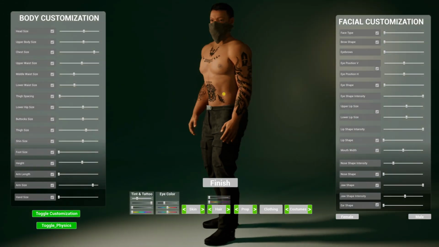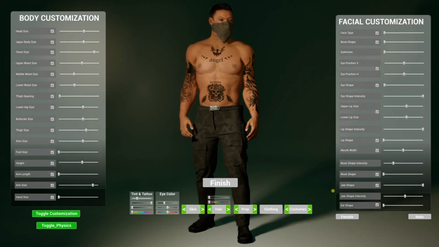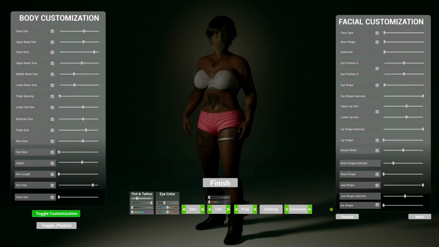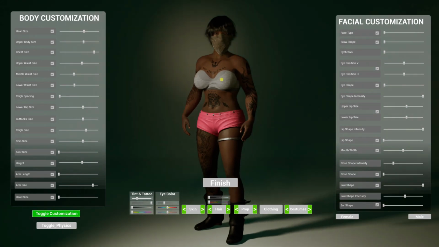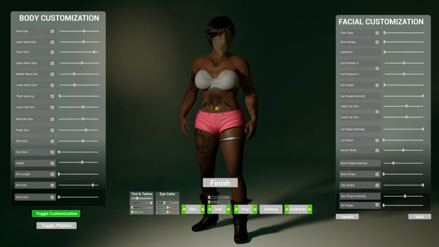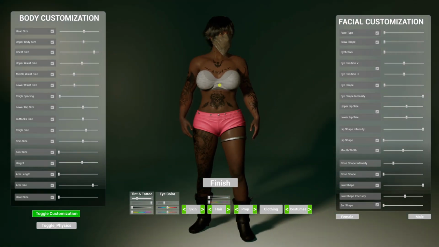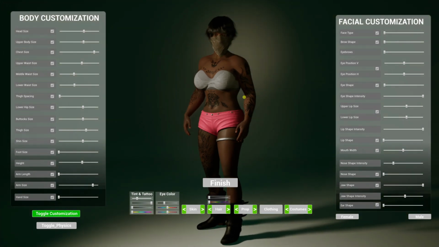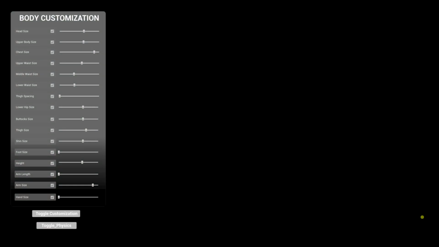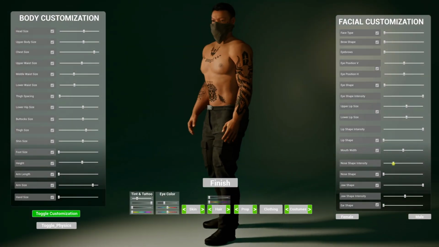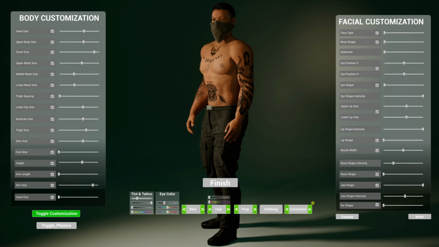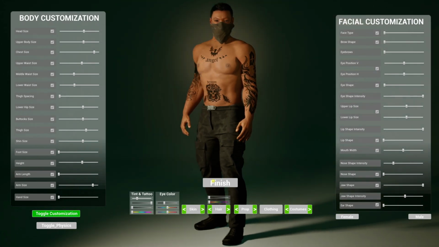and we're done. Okay, I can change this character to a female if I would like to. I can click female there, the level will reload, and I'll get a female character with the exact same customization. The same skin slot, big chest, just looks like a tough girl. But if I change back to the male, I'll have a male character with the same customization, and I can adjust the customization however I like. Okay, so now if I click finish,